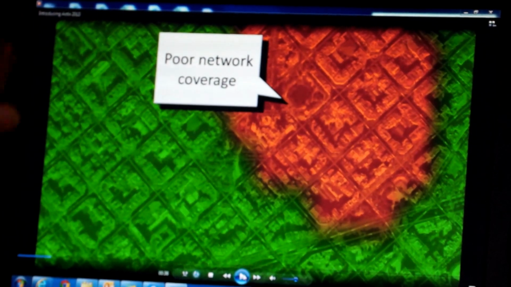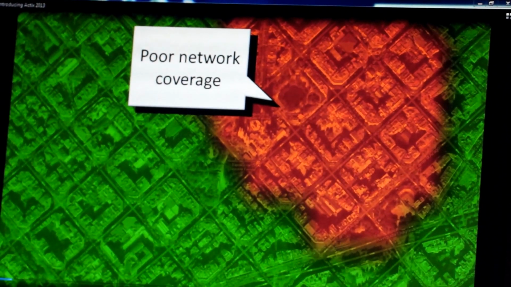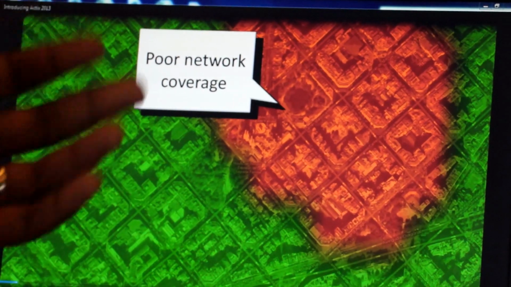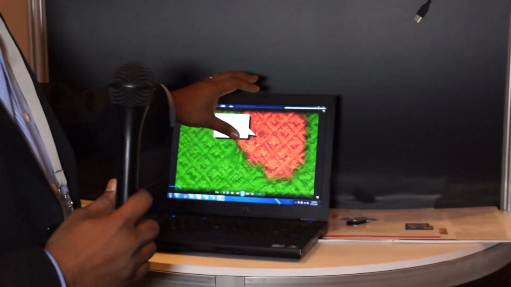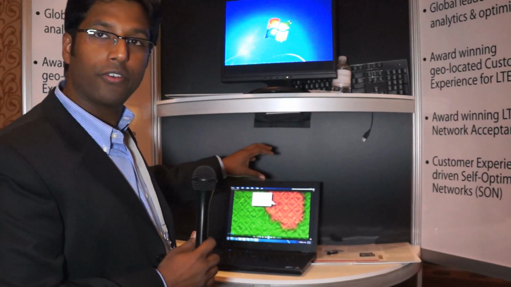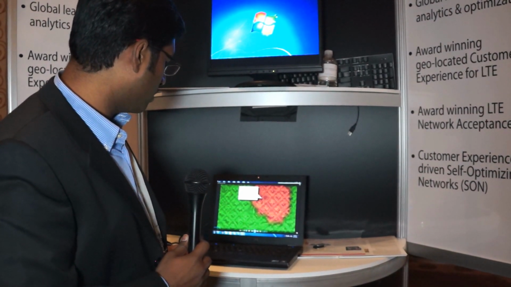and this is what I need to fix. And this is something that you don't get today from traditional networks, because all you're getting is a sector that's probably 2 to 5 kilometers away, and it just says there's an issue. You don't know where it is. With the geolocated subscriber data, you actually know where the problem exists, so you can really focus and fix just that problem itself. So if we go on to the next one,